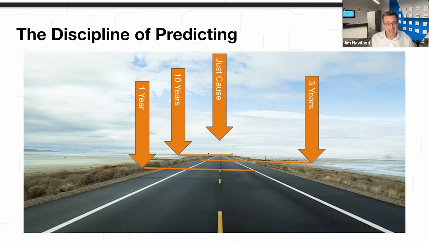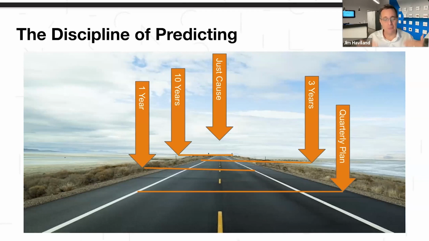Pull that in 1/3 again, 1 year. 1 year, I can start to really wrap my head around this. And with the discipline and regularity of trying to get better and better at predicting, I can get better and better at figuring out what I can get accomplished this year. And the real question is, what do I have to accomplish this year to be on track to get to my 3-year goals, to be on track to get to my 10-year thing, to make sure I'm working towards my just cause, right? So I'll take this giant unperceivable thing way out in the future, trying to keep ratcheting it closer to the point where I want to get to the most important thing, which is 1 quarter from now,